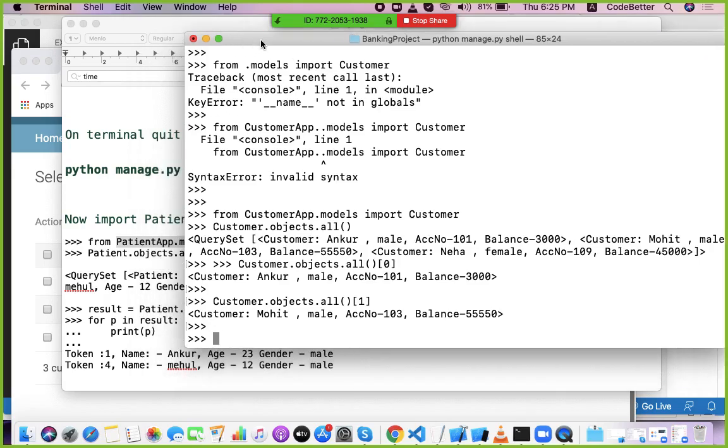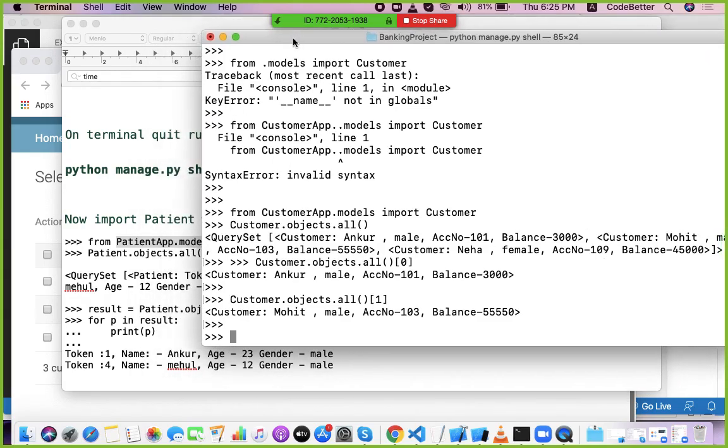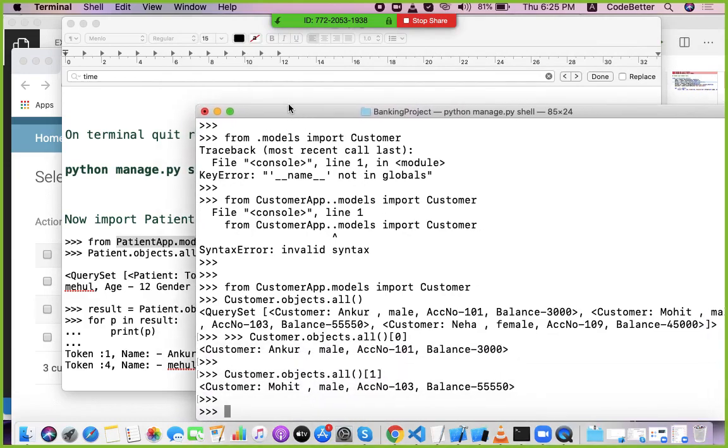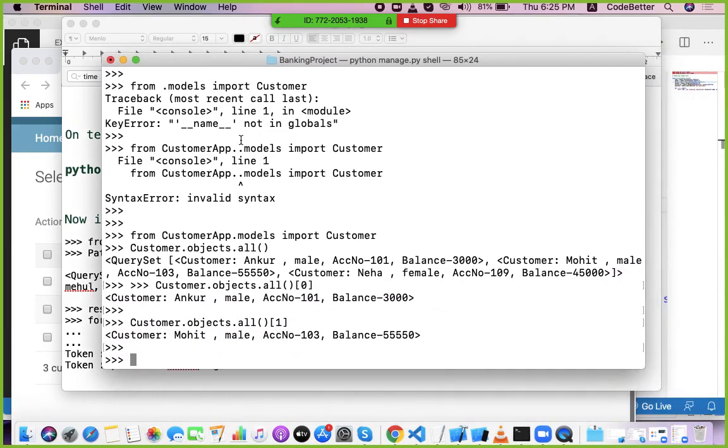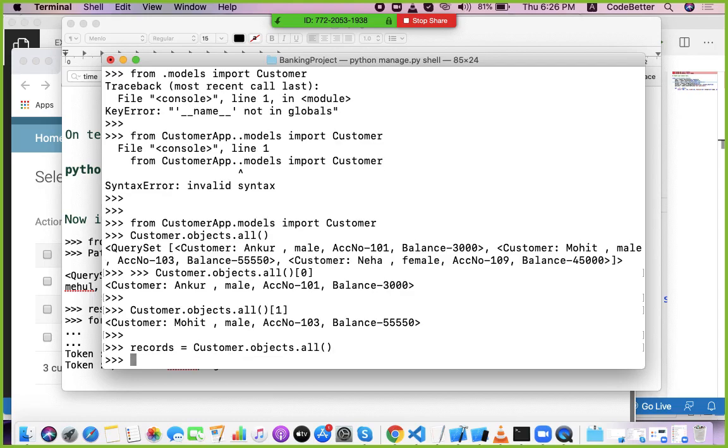Now if you want to fetch all the data and put it in a result, I can write here records equal to customer dot objects dot all. If I write like this, all the data is stored in the records variable. Since the records variable is nothing but a list of objects, I can put a for loop on it.